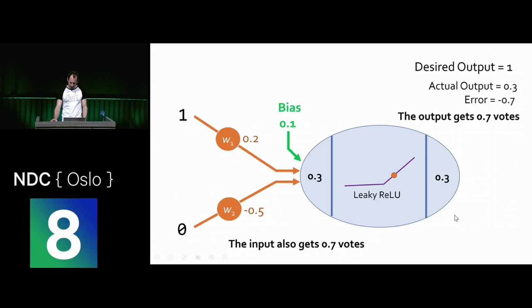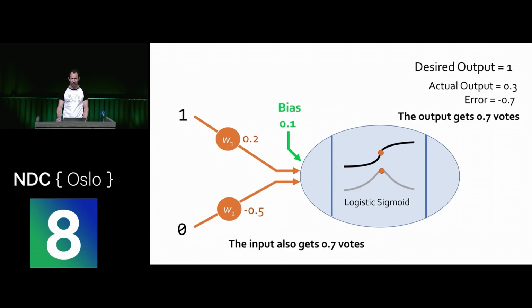Now, to explain that, let's switch to a logistic sigmoid. If we used that activation function, the black line shows you what the function looks like, and this grey line shows you the slope at any point. So when it's right in this point where it's switching off and on, it's got the steepest slope. So it's going to get the most activity. Any changes in the output will affect the input significantly. But on either side, it's kind of switching off. Changes in the output are not going to make much change to the input.